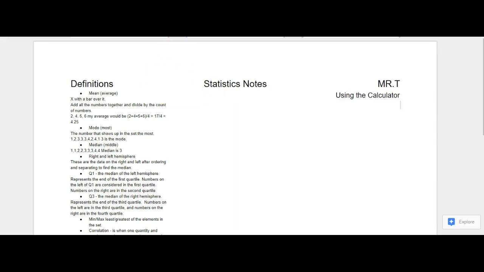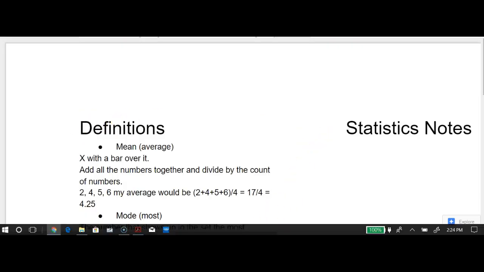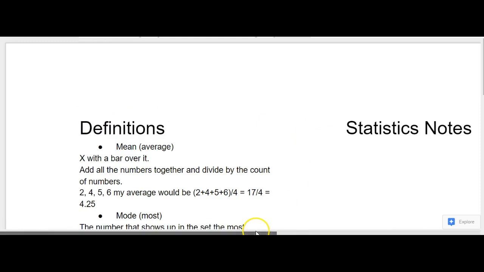Okay. And now we're going to change this part small. You get a little smaller font in here, and I'll zoom in. Okay, and we're going to go in here a whole ton, and I'm going to slide the page over, using the calculator. So the first thing that we've been learning how to do is how to enter in lists